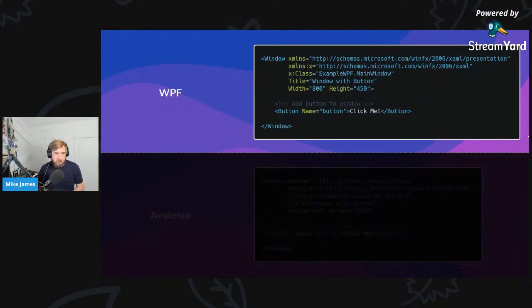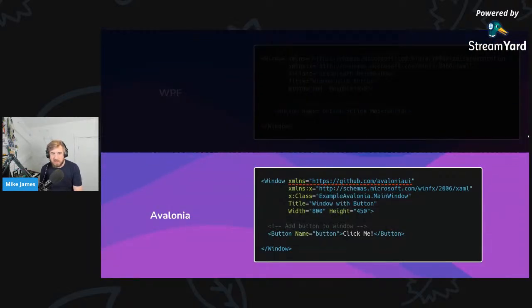So if we take this little XAML snippet here, this is creating a window in WPF. And the line I'd like you to focus on is this XAML namespace import. So we're bringing in the WPF XAML namespace. And to migrate this snippet over to Avalonia is literally just changing the XAML namespace. The rest of the code is exactly the same. And now that window with a very basic application, which is just admittedly a button, will now run across a